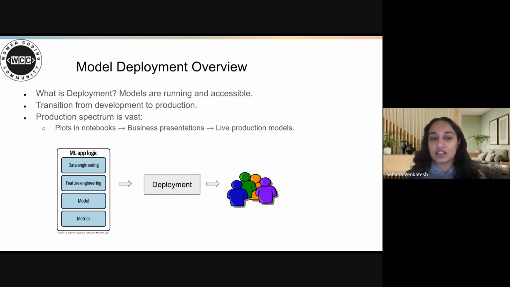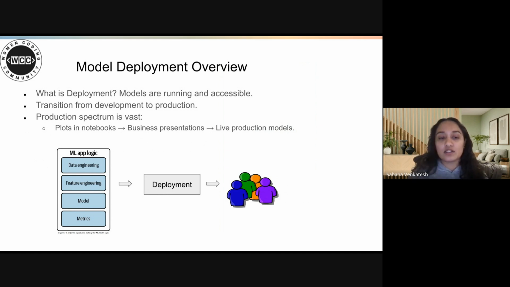Deployment basically means making your models accessible. So one might ask, then where does all the other things happen? Well, whenever you're improving or training the model, it happens in the development environment. Depending on the company, some companies move directly to the production environment, and some have a staging environment in between where the models are tested before they are promoted to production